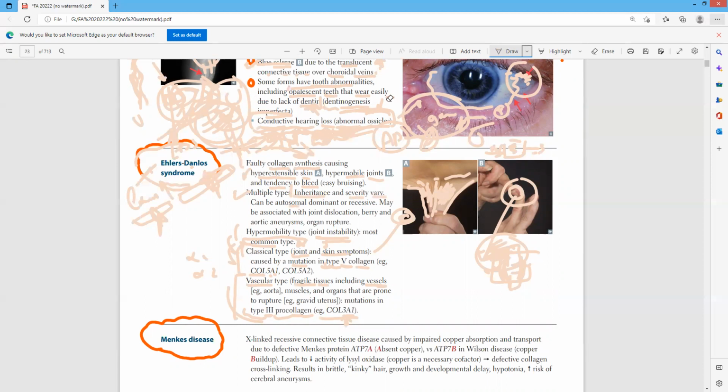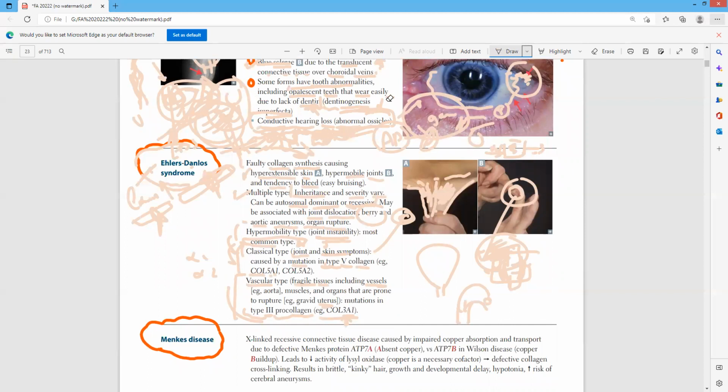It may be autosomal dominant or autosomal recessive. It may be associated with joint dislocation. It may have berry aneurysm and aortic aneurysm, and organ rupture, and uterine rupture. To remember, when you have that blood vessel, okay,